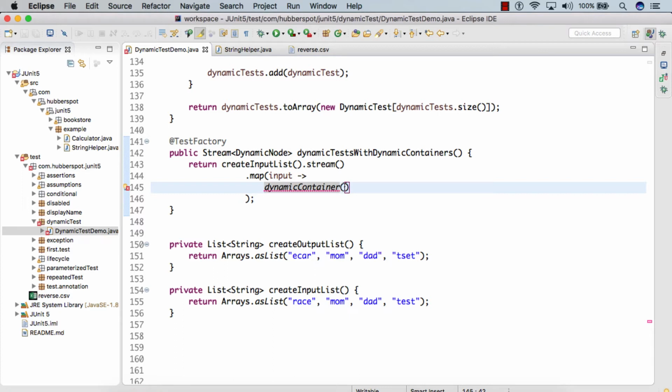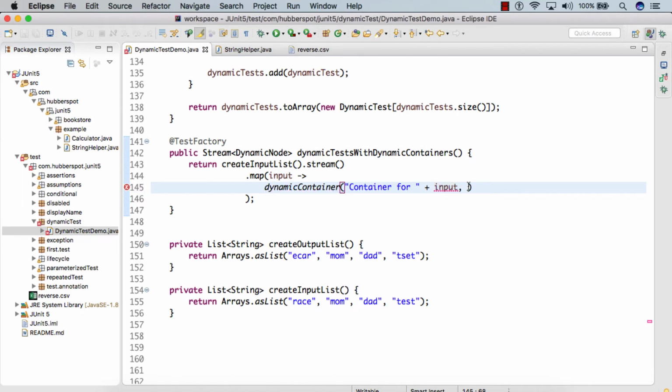So here let's say we provide a display name, as we are performing tests on this input list and mapping an input to a dynamic container, so we give the container for input.